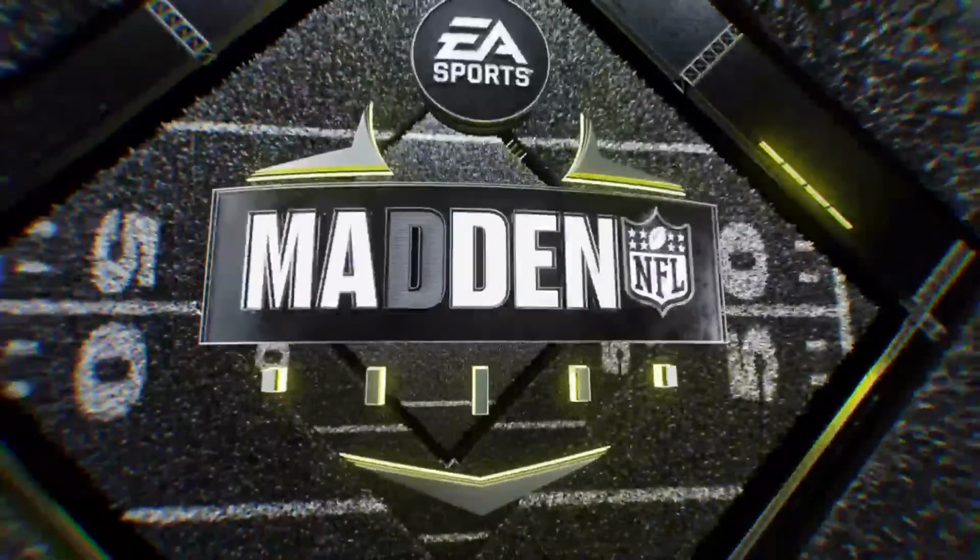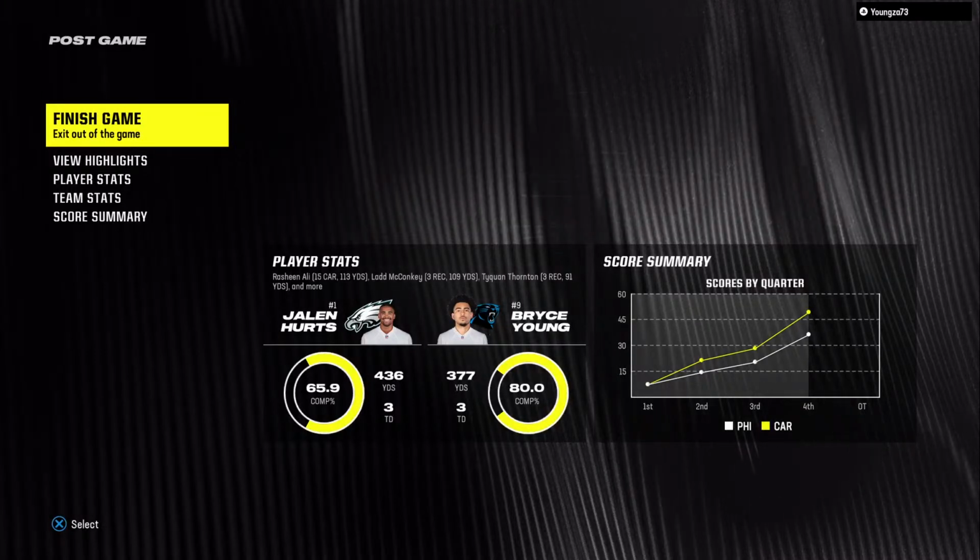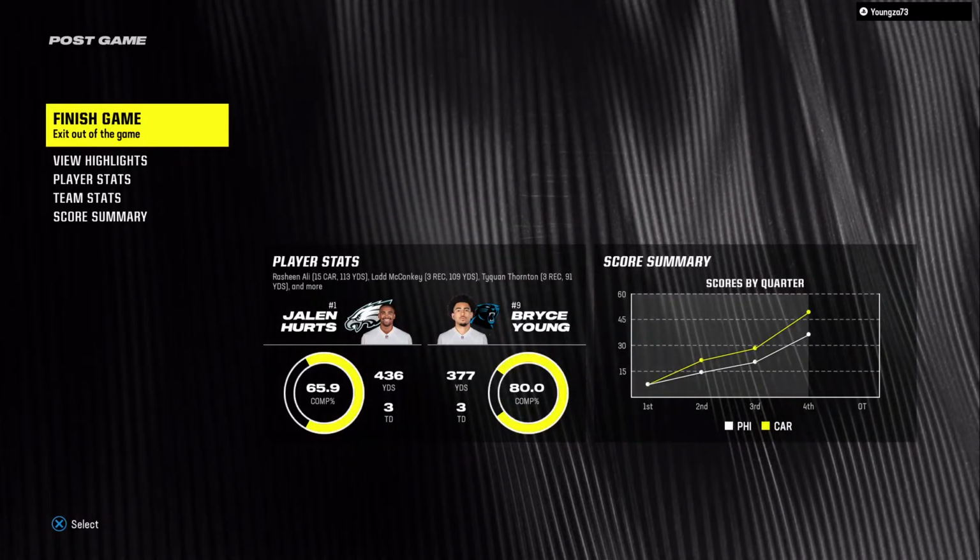So for Carolina, it's an important win for their playoff hopes as they move to 8-4. And they will hit the road next week to take on